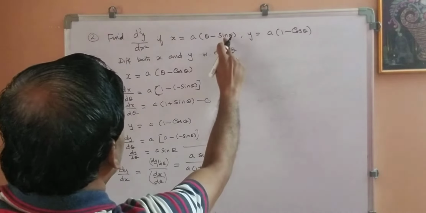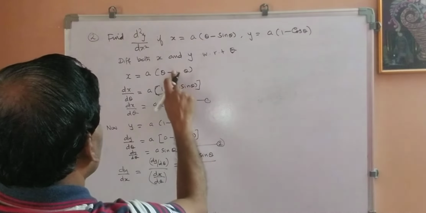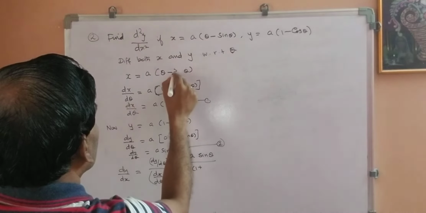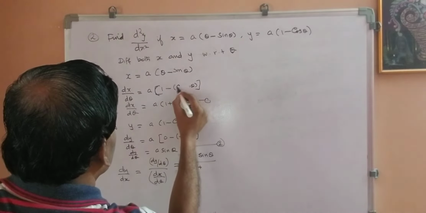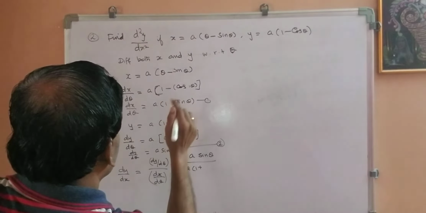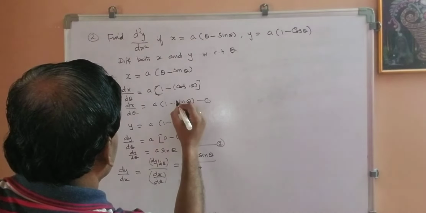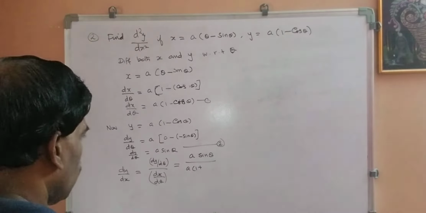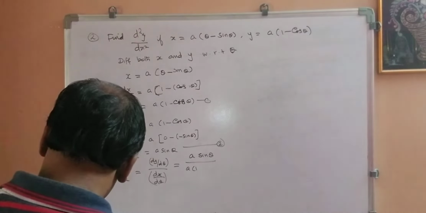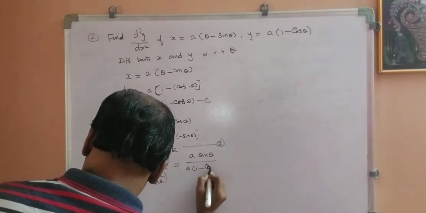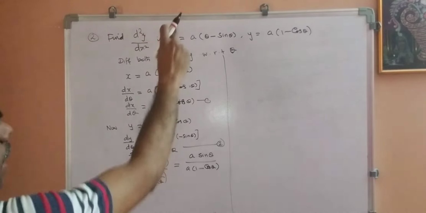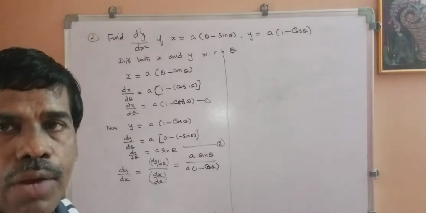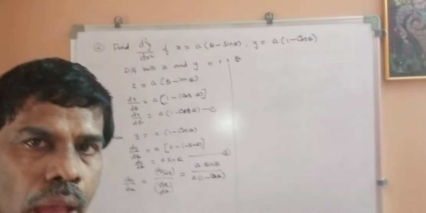Theta minus sin theta. What is the derivative of sin theta? Here a mistake happened, it is sin theta. So it became cos theta. So it is 1 minus cos theta. So here a into 1 minus cos theta. Okay. So while writing you have to copy down the sum very carefully, otherwise a mistake like this may happen.